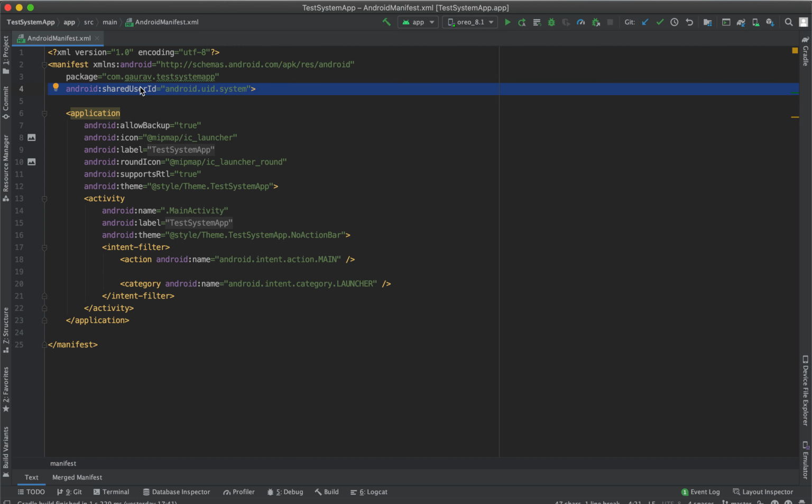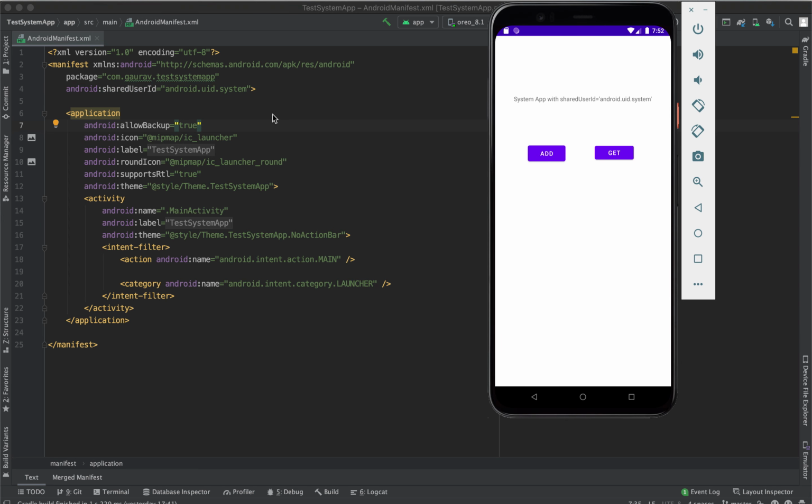Currently I did not find any official document to support my statement, but you can try this out by storing your secrets in Android Key Store, or you can simply start using encrypted shared preference. Either way, if you try, you will get the same issue. So yeah, this was about the issue. Thanks for watching the video.